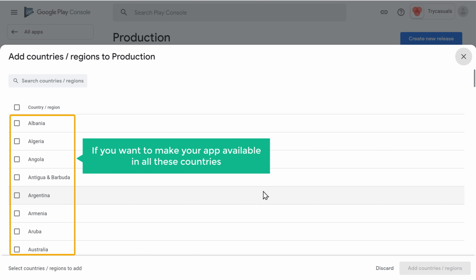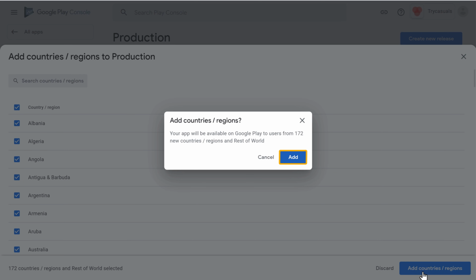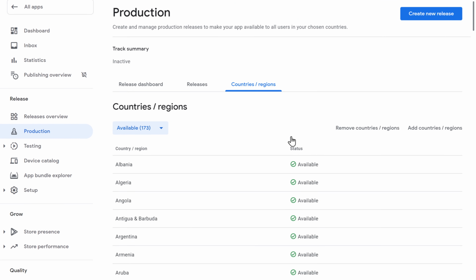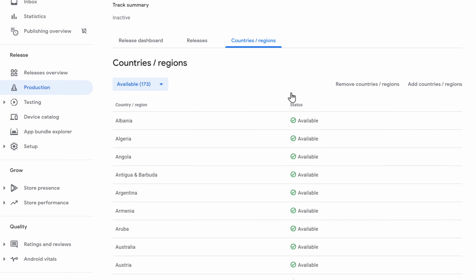And if you want to make your app available in all these countries, you can click here. And click Add Countries. And then again click Add. Now your app will be available in all these countries.